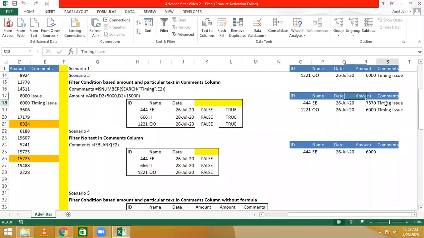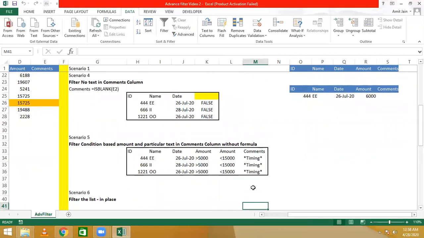The text is not only timing as a complete cell text value. There is some other text also in a particular cell. So we put star as a prefix and suffix of timing, so that whatever text we have before and after timing, those transactions also should be filtered and copied.